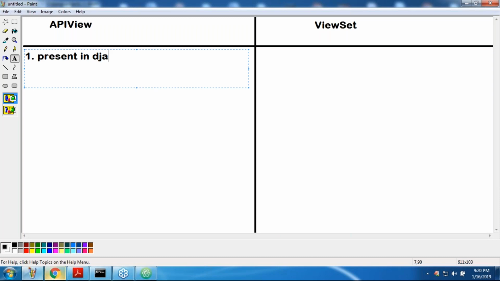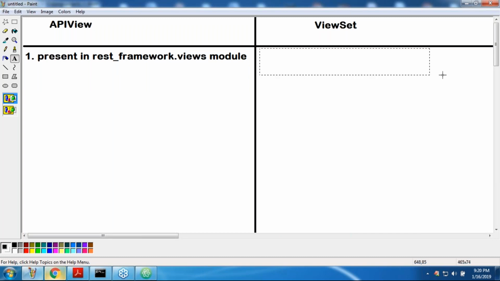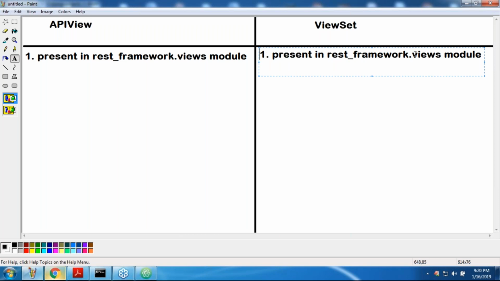It is present in the rest_framework.views module. And where is view set present? It is present in the rest_framework.viewsets module.